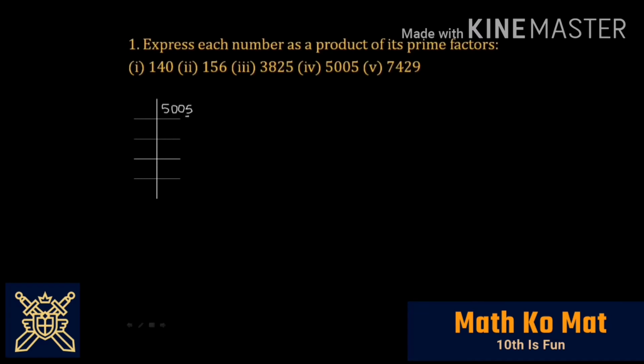Again, as you can see, at the last place we have 5. So firstly we would be dividing by 5. 5 ones are 5, 5 zeros are 0, 5 zeros are 0 again, and 5 ones are 5. And now as you can see, we are left with 1001. So let's see what we would be able to divide with.